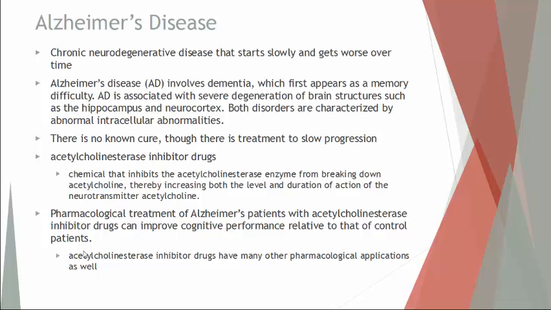Because you see the person in front of you progressively getting worse, and there's no cure, and you really can't do anything. Now there are some treatments that have been shown to help temporarily. This isn't a long-term fix, but it is somewhat of a help, and it's called acetylcholinesterase inhibitor drugs. Now we mentioned before, acetylcholine is a neurotransmitter that deals mostly with skeletal muscle contraction. Acetylcholinesterase is the enzyme that will help break that down.